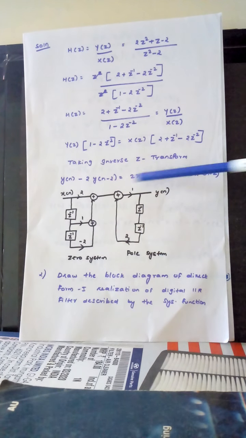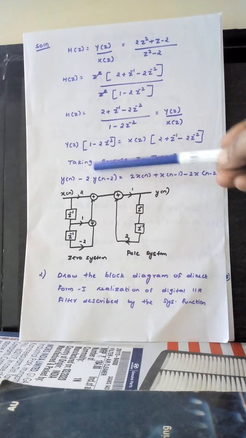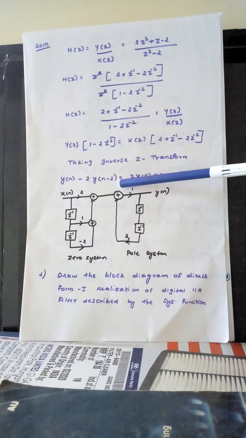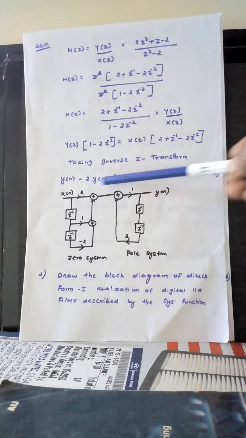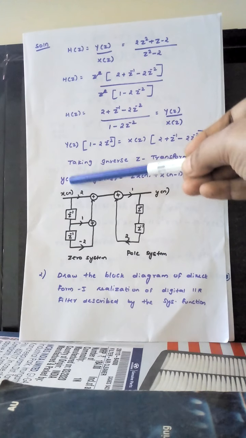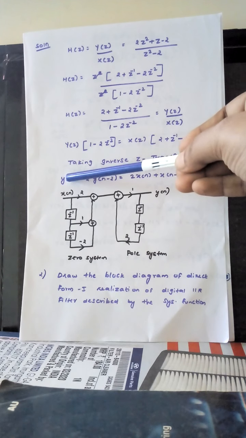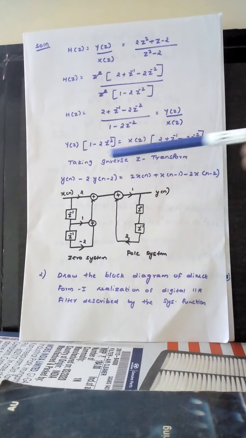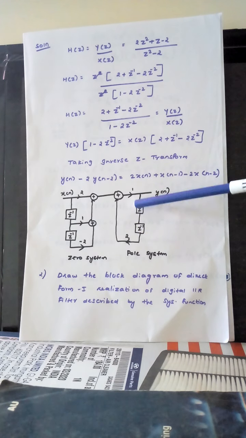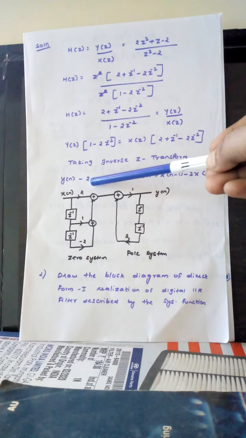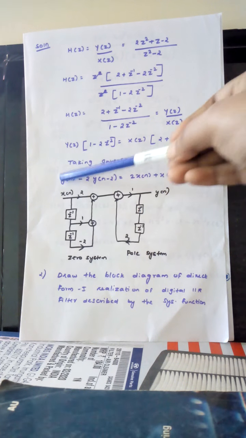Now taking the output, this is y of n, and it is added with minus 2 into y of n minus 2. Here the n minus 1 term is not there, we have only y of n minus 2. So from y of n to get y of n minus 2, we need two shifting operators, z to the power of minus 1 and z to the power of minus 1. Then we multiply with the constant 2. Here we have a minus, so on the output side you have to take it as a plus. That should be joined with your y of n.